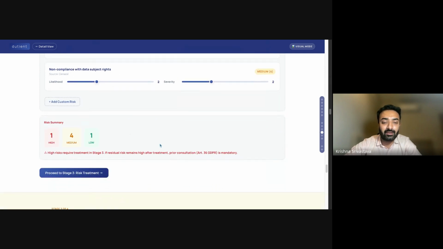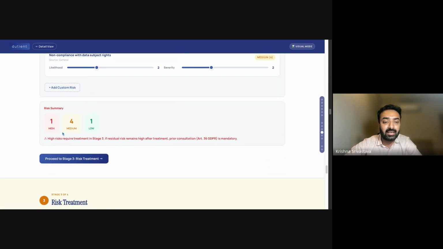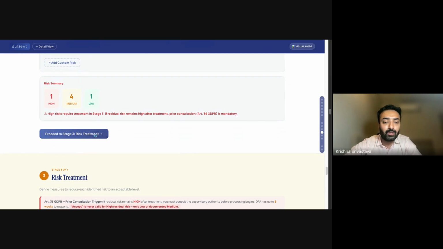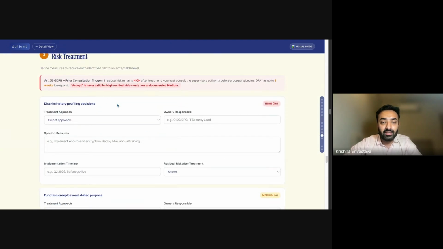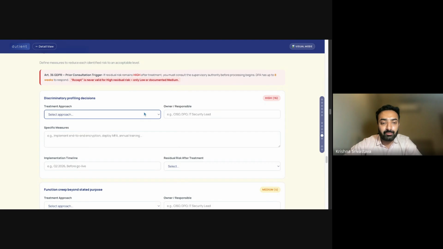Right now, let's assume that we did a DPI. We understood that there's one high risk, 4 medium risks, and 1 low risk that we have analyzed. Now we look at the risk treatment. What is the treatment approach? We reduce, we apply mitigation measures. Owner could be the business team, for example. Specific measures: